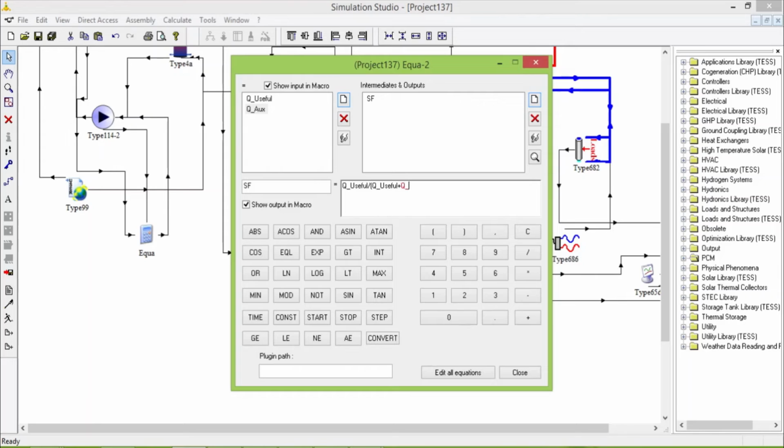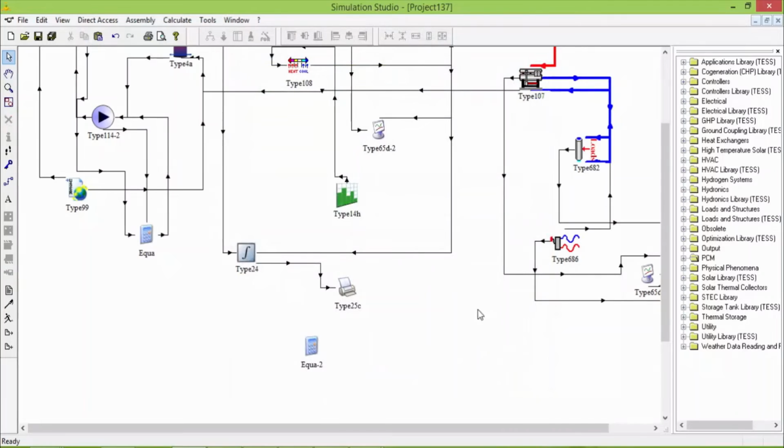plus Q auxiliary plus. So here you need to be careful, because sometimes when the system is not working, Q will become 0, and when something is divided by 0, it will go to infinity and it will give an error. So you need to add a little factor. Let's say I add 0.001. It will not have any effect in the system and it will not give us error. Close, and